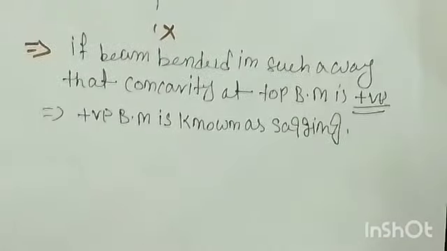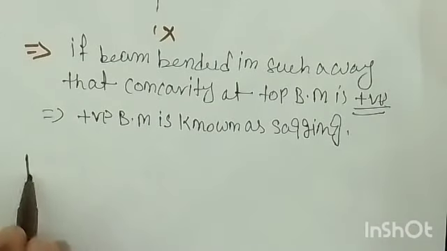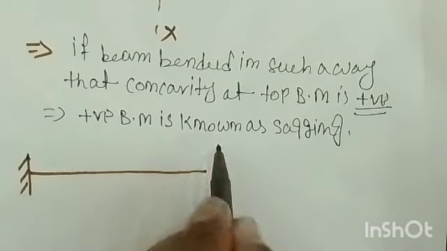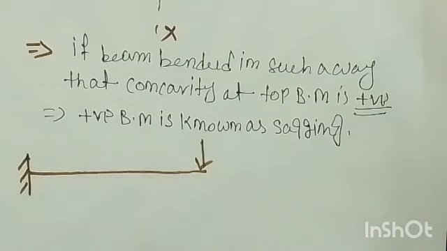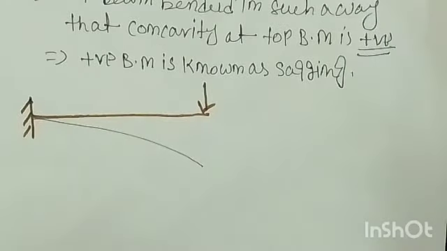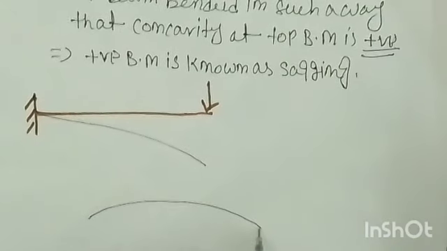The next case is that, suppose you have one beam like this. Let's say this is a cantilever beam, so this is fixed here and the load is acting here, right? Maybe the load can act here also. When the beam is loaded, then the beam is bent in this fashion. Is it or not? This is the bending that takes place. When you draw this shape of the bent portion of the beam, the beam is bent in this manner,